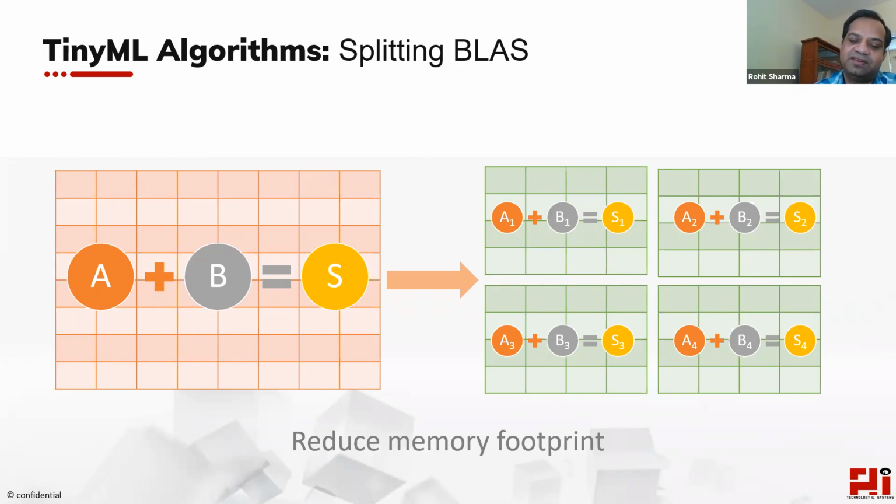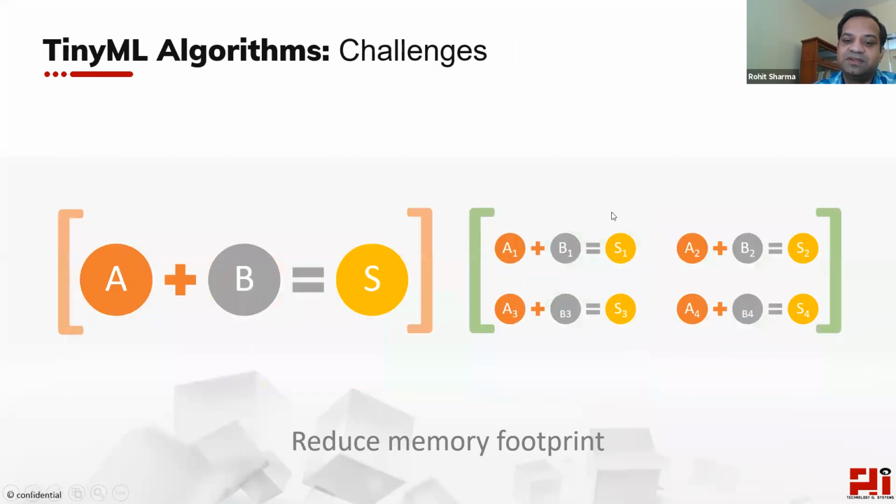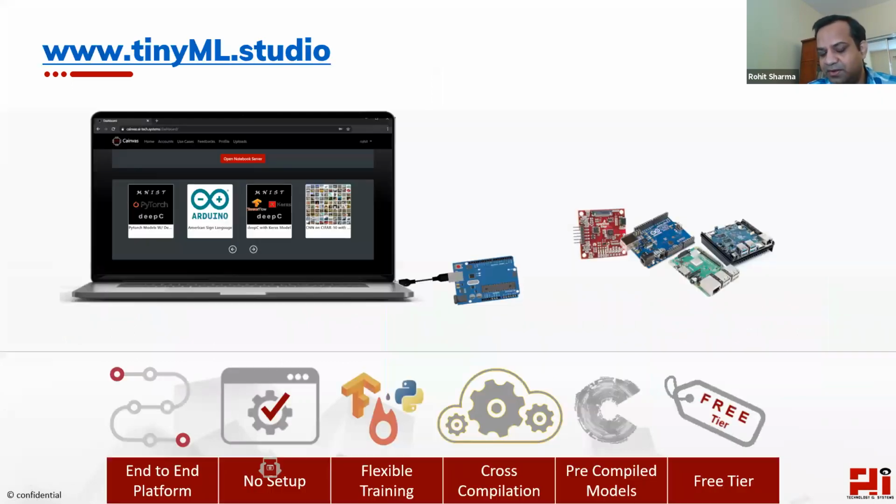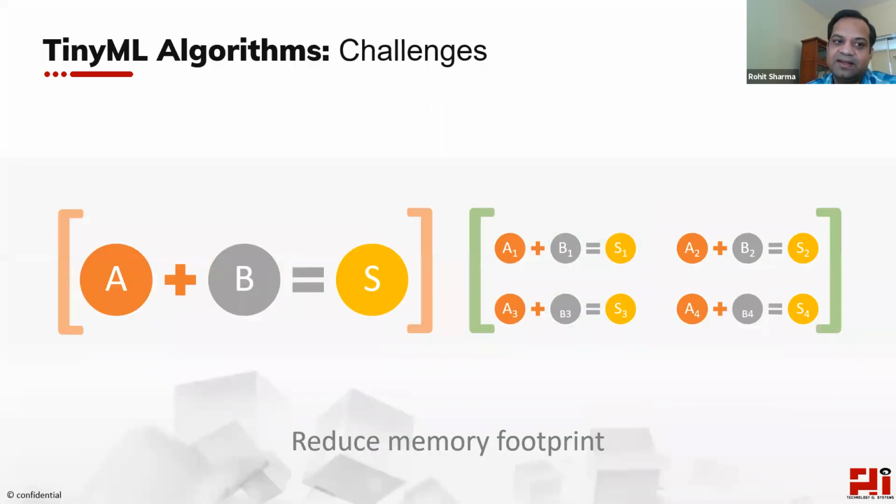For example, if you have an addition of two matrices, you can easily think of it in terms of splitting that large matrix into 4 different matrices with 1/4 of the PCRAM requirement, and that is the advantage. Now, if you're working on a cloud data center machine, they don't have that limitation. So we are focused on reducing the memory footprint and code size. So some of these non-intuitive and intuitive algorithms come in handy.